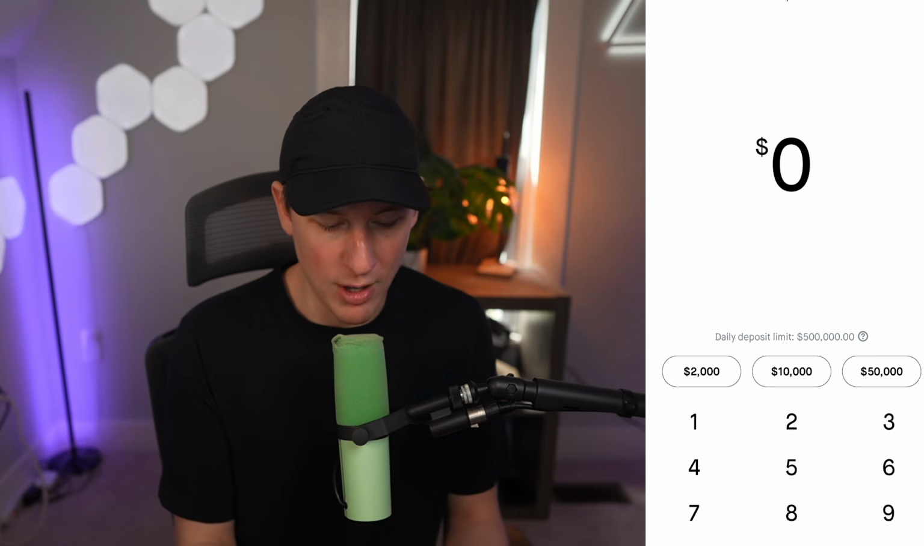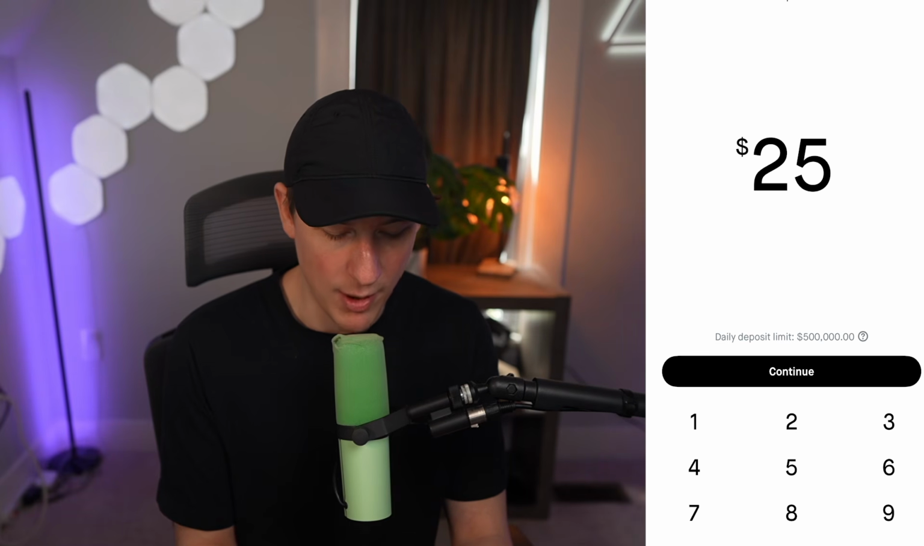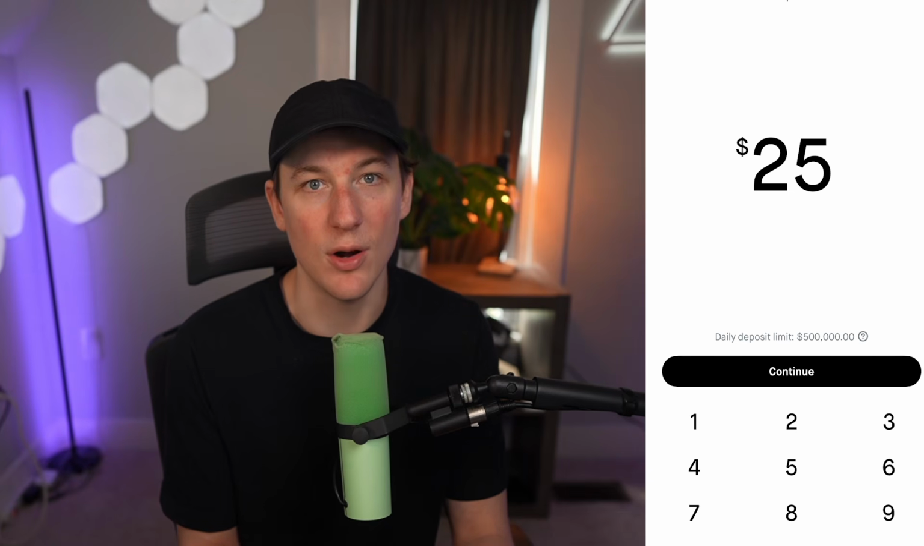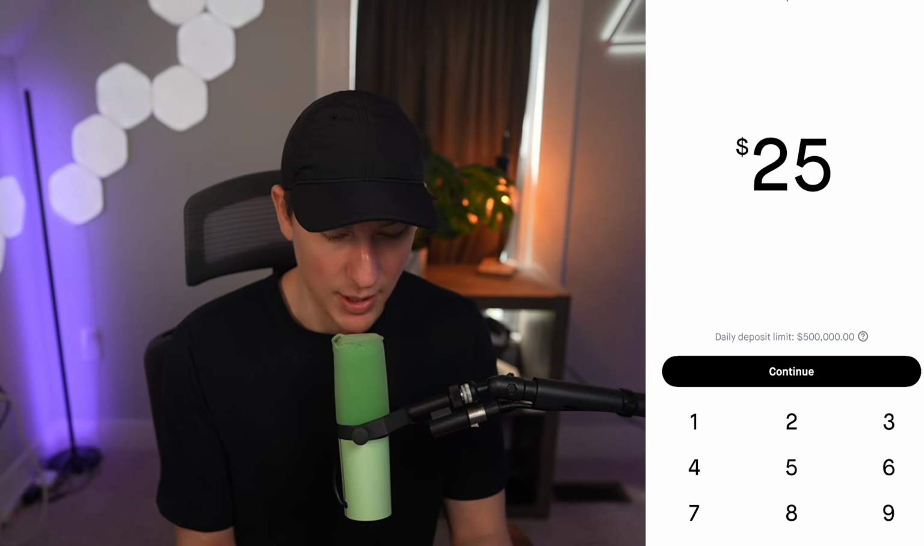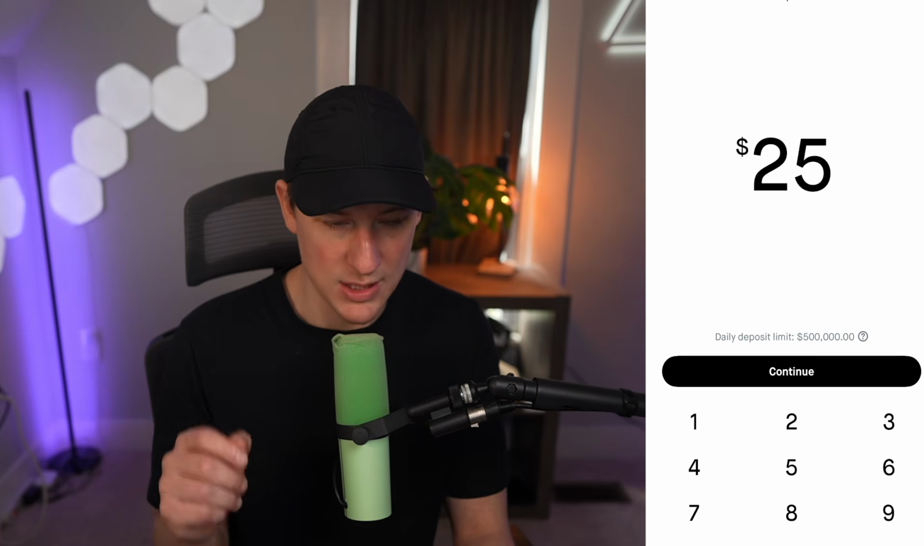Now, you'll be back on the deposit screen and you can enter the exact amount you want to deposit. Now, I'm going to do $25 for this demo. So I'm going to go ahead and enter $25. And then I'm going to click continue. And then you can see that it's coming from my bank account going to my individual account, and it is a one-time transfer. Okay. So I'm going to click deposit $25,